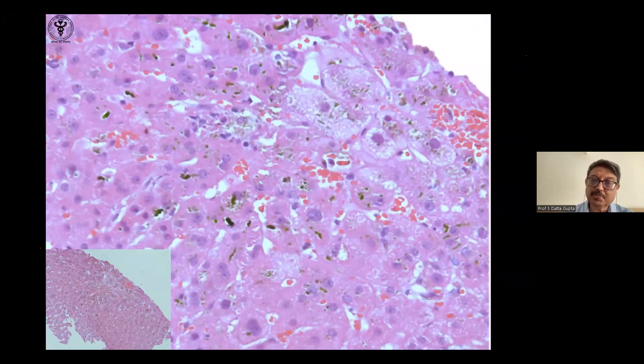Now, there are certain specific terms that we use when we see bile. It is called bilirubinostasis, because bile is made of bile salts and bile pigment. What you see in this green color are the bile pigments. It is bilirubinostasis. The bile salts are toxic. Bile pigment is not toxic.